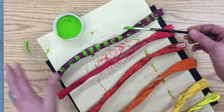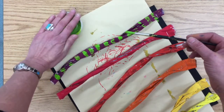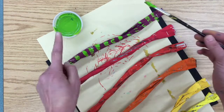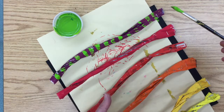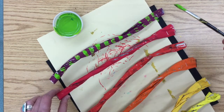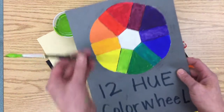When you're finished with this color, return the paint to the super secret stash, put this brush into the water cup, get a brand new brush, bring back the color of paint that you need next. I'm just going to go right down the line and I'm going to do red next. So that means that I will be bringing back